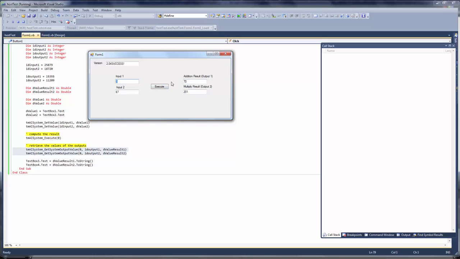I'm going to stop here, and if you can just allow your imagination to run, you can have a very complicated or sophisticated neural network underneath that takes in values and symptoms and or conditions and computes a result without an execute button. It could also do this autonomously and continuously based on serial input. The key is that once that file is loaded, your system, your AI system, is operating underneath and ready to be computed. And these values can either be entered manually or via a database, or they can be taken from a serial port through, for say, a robotics input or a sensor, and then all of that system computation is done instantly